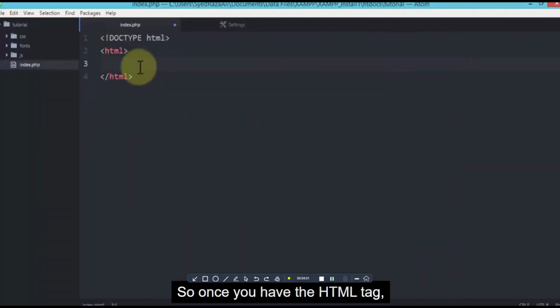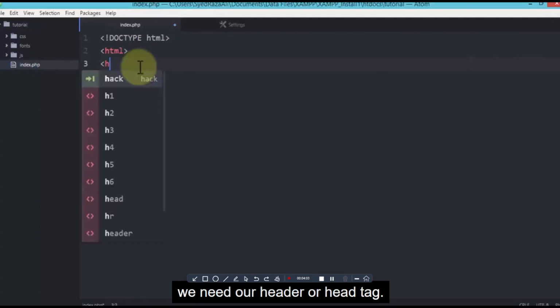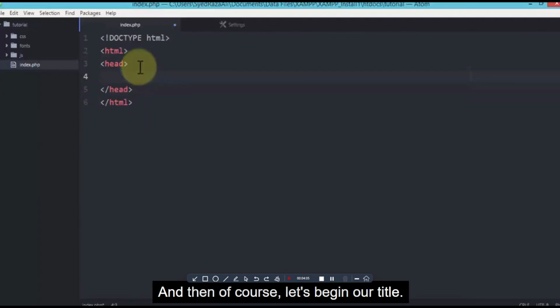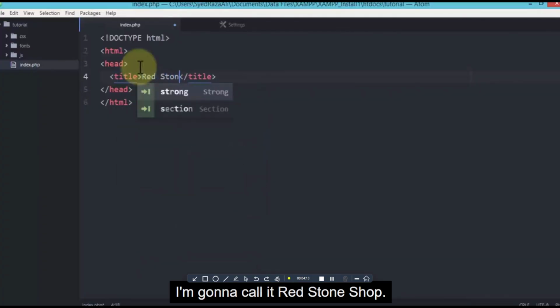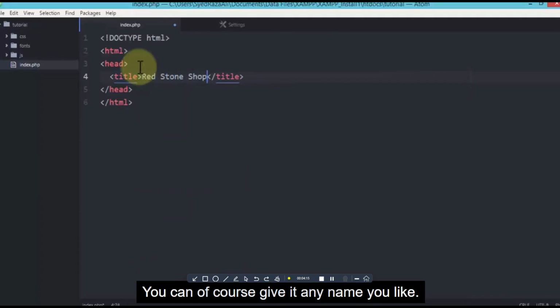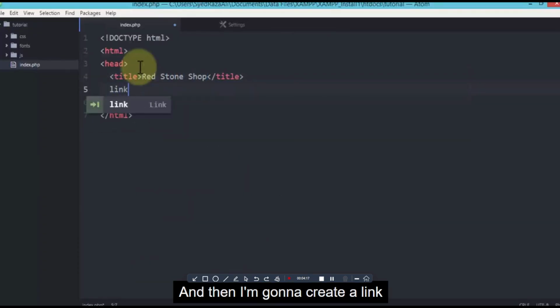So once you have the HTML tag, we need our header or head tag. And then of course, let's begin our title. So here's my title. As soon as I close the tag, I'm going to give this a title. I'm going to call it Redstone Shop. You can of course give it any name you like. And then I'm going to create a link,